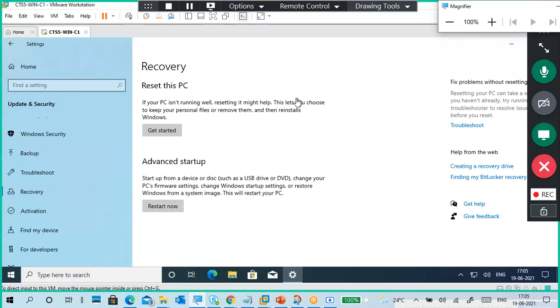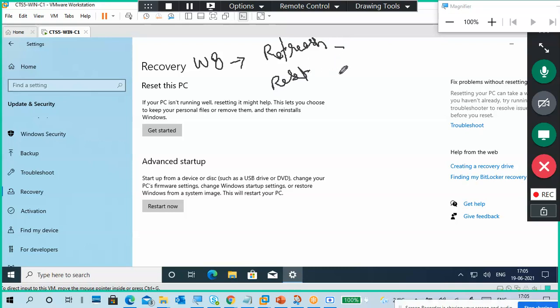In Windows 8, they introduced two options in recovery, called refresh and reset.